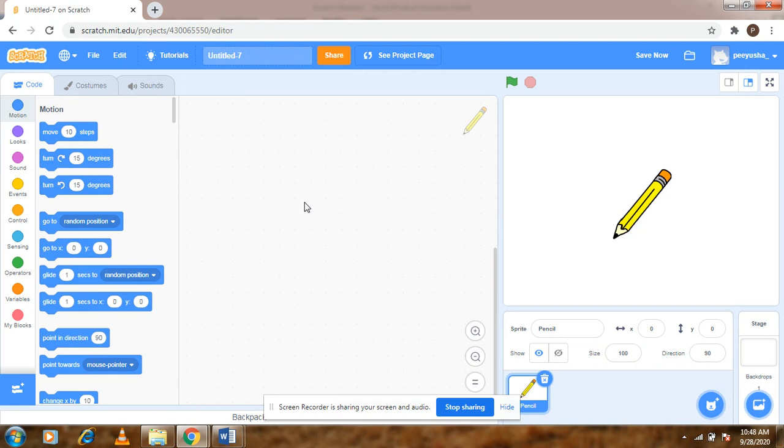Now let's start coding. But before we start coding, you'll notice that there are no code blocks for a pencil already present in the tab. In this tab, you'll notice there are different categories of motion, looks, operators, variables, and these tabs have the code blocks of that particular category. But no code blocks of a pencil are there. So in order to add the code blocks for a pencil,